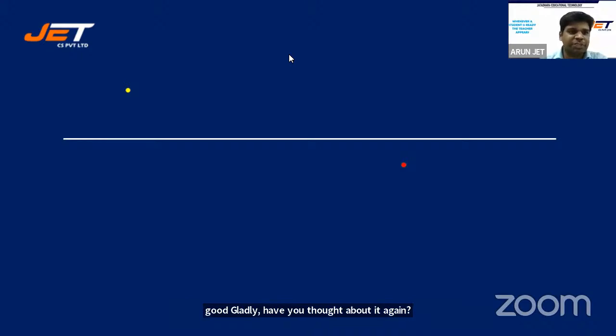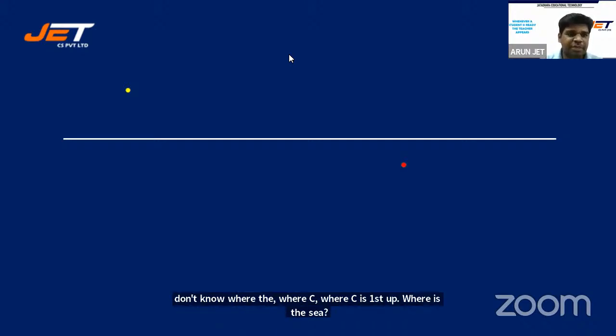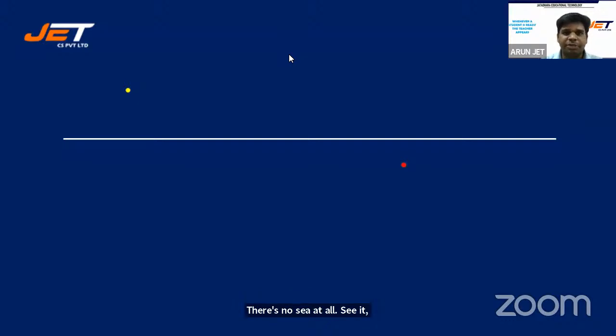Now I have to position the lens. But I don't know where it is, Bhavna, I don't know where C2 is. I don't know where the C is at all because I don't know where the lens is. First, I should spot the lens and the focus, then I'll get to know C1 and C2. C is the center of curvature, and there's no C over there. 2F is not spotted at all. C is nothing but 2F. For 2F, I need F. And if I don't know F,